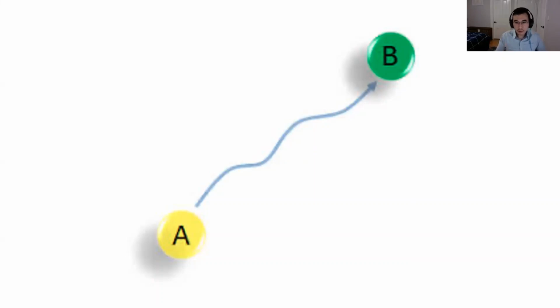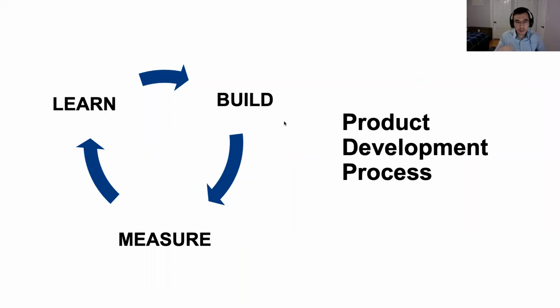And here's where I want to introduce what's called a product development process. This is a development process that's been used in the business world for a few decades, but by following this, I was then able to create a solution for the problem I had identified. And for multiple reasons, this works really well in academia. Basically, you build what's described as an MVP, or a minimum viable product, something that you can build right away and start testing.